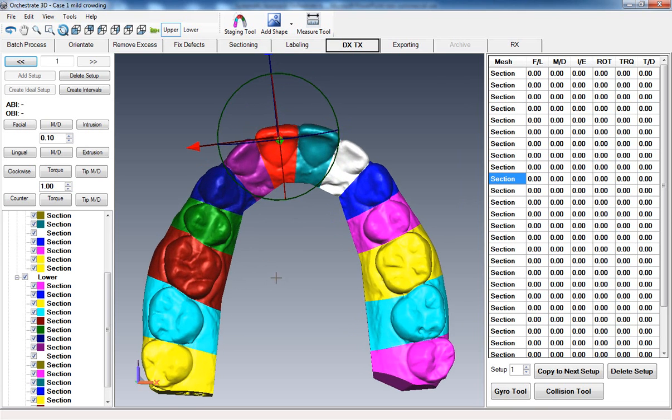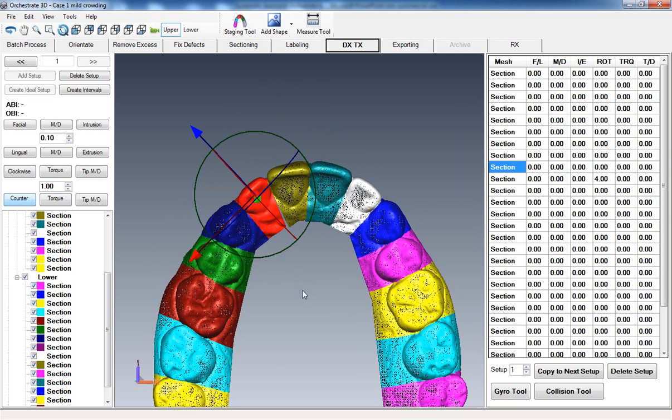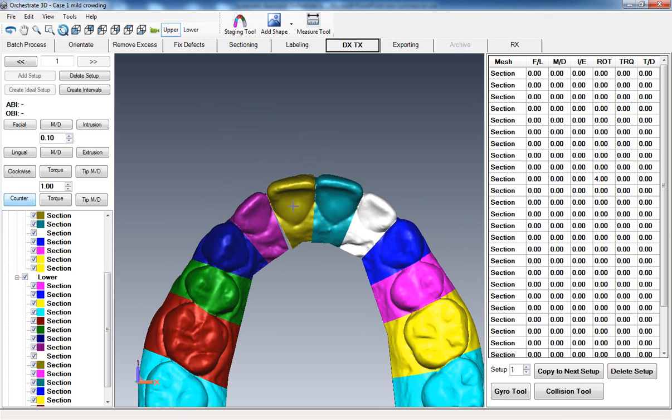So we're going to work on the rotations, and we start with the upper arch first. We're going to work out the rotations here on that central. What we do is we start with the upper right central, work our way distal, and then we come up to the upper left central and work our way distal. I just did some rotation here to the central. Now I'm doing some rotation to the